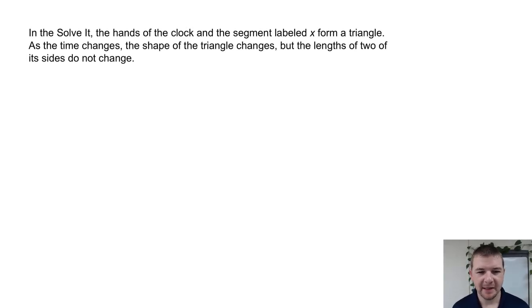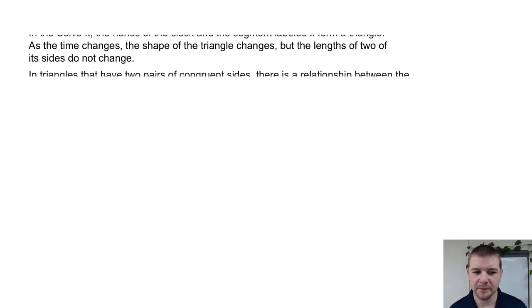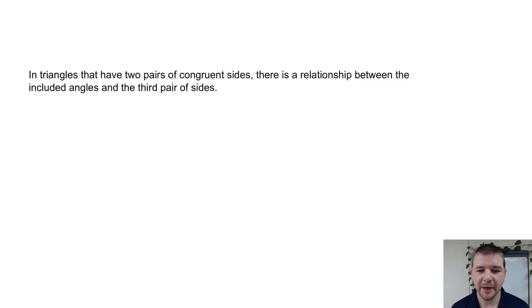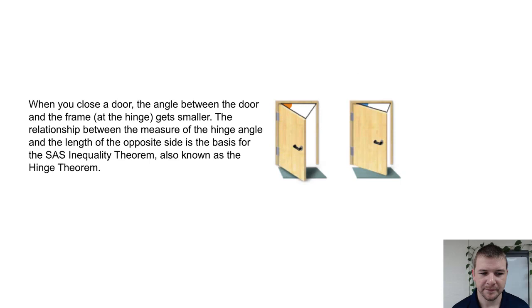In the solvent, the hands of the clock and the segment labeled X form a triangle. As the time changes, the shape of the triangle changes, but the lengths of two of its sides do not change. In triangles that have two pairs of congruent sides, there is a relationship between the included angles and the third pair of sides. When you close a door, the angle between the door and the frame at the hinge